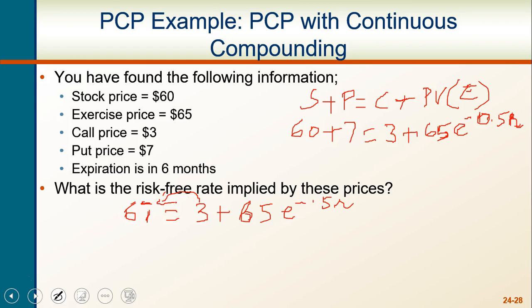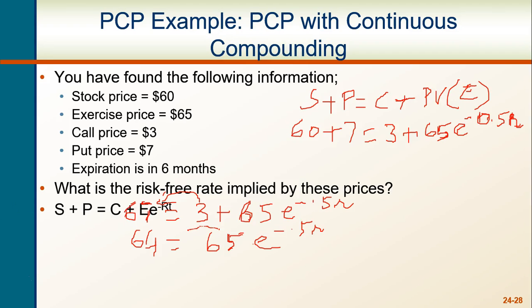So we will have 67 minus 3 on the left hand side, which will give me 64. 64 equals 65 times e raised to the power minus 0.5 times R. Now I can look at this 65 and ask it to go over to the other side, which will mean that on the left hand side, it's going to get divided. So what I'm going to have here is